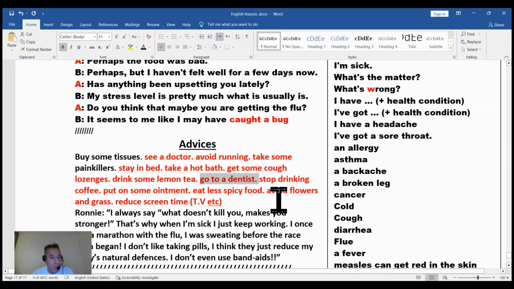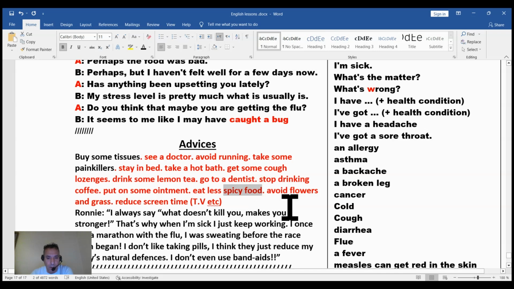Put on some ointment, something like oil, for example a special oil or drops, or something the doctor gives you, put it on. Eat less spicy food, especially chili. Okay, especially if you have an allergy, you don't need to eat spicy food like chili.